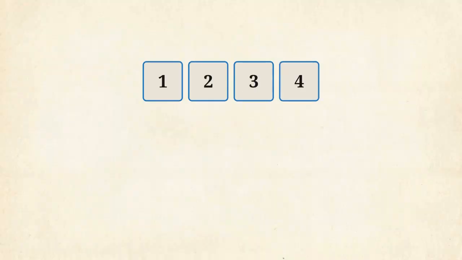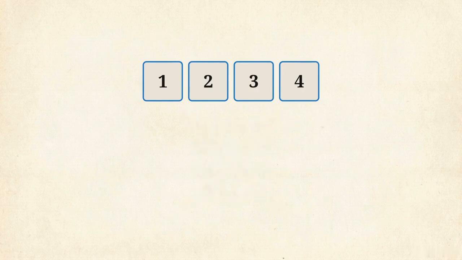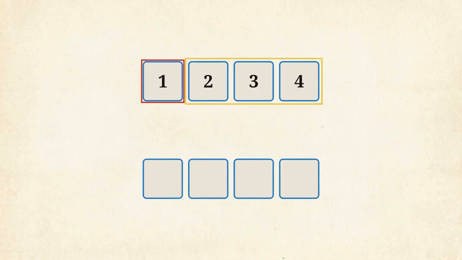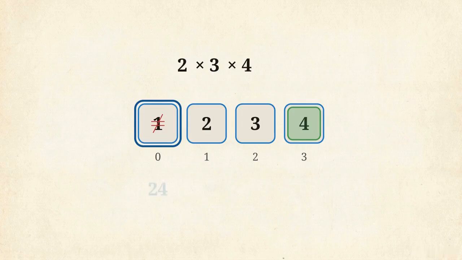To calculate the answer for each index, the shortcut is multiplying the entire array to get 24, then dividing by each index. But division is explicitly banned, forcing us to accumulate products from surrounding elements, building our results piece by piece. The brute force approach locks an outer pointer to the first index, sending an inner pointer to scan and